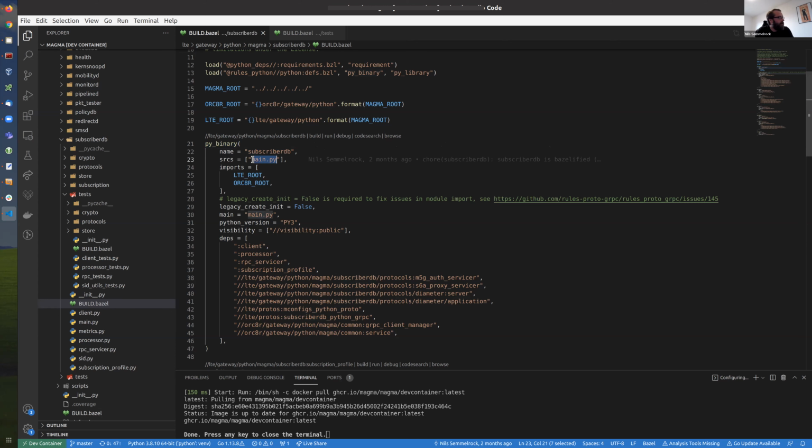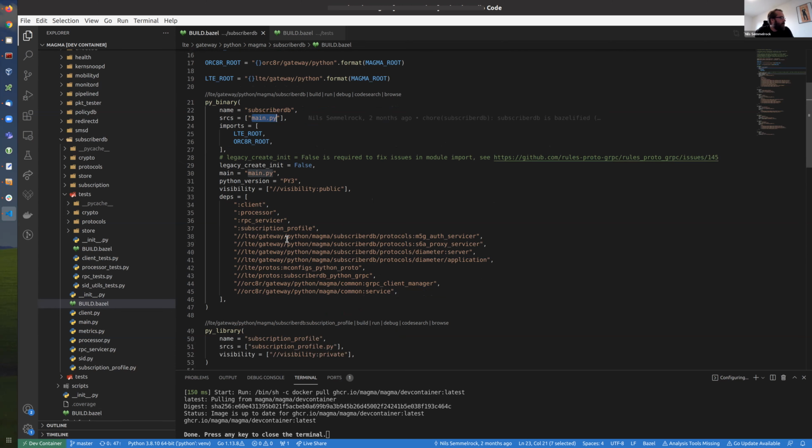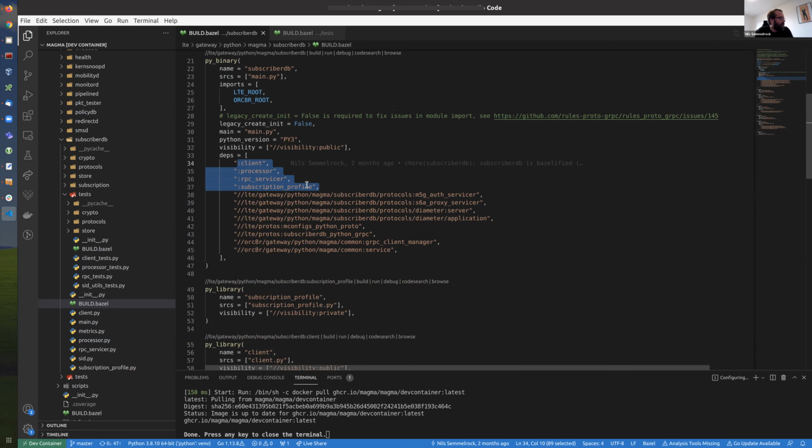Of course, there's a main.py involved and a lot of dependencies. We have dependencies that are source files, model source files in the service for SubscriberDB. For example, here, subscription_profile.py, and this is then a py_library that is used in the binary.